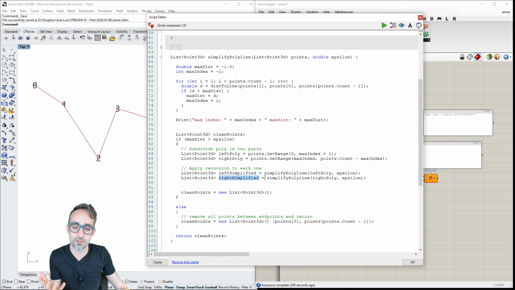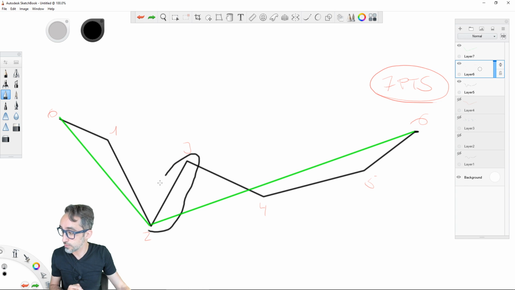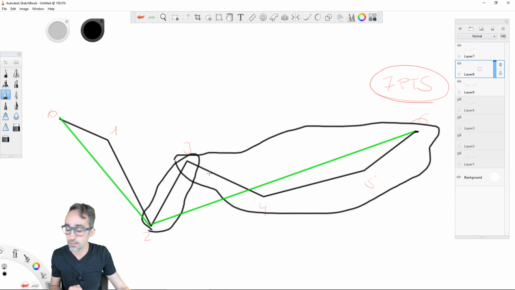But on this other branch of the recursion, there's probably going to be even more recursion going on here, because as I do this end here, you can see that probably I will end up splitting on vertex number 3, and I will have to apply recursion to this segment here and to this segment here and simplify those two independently.